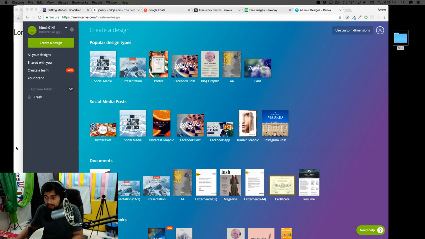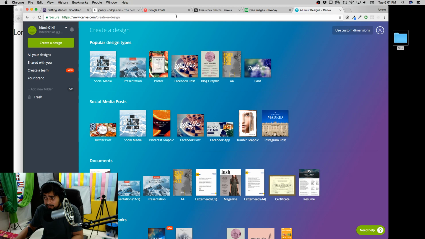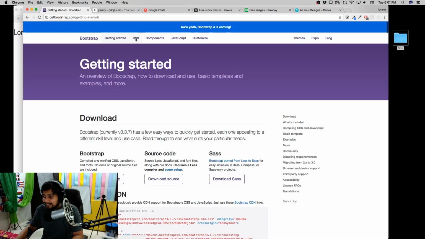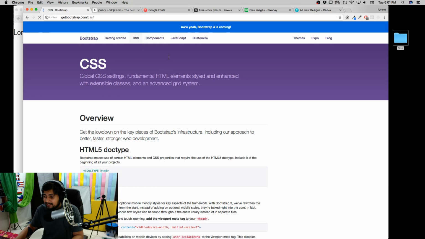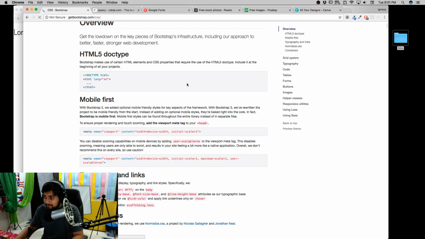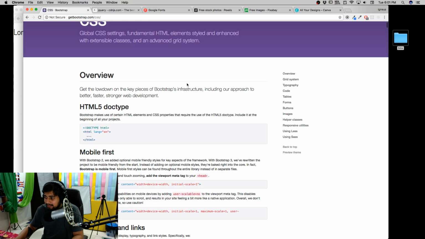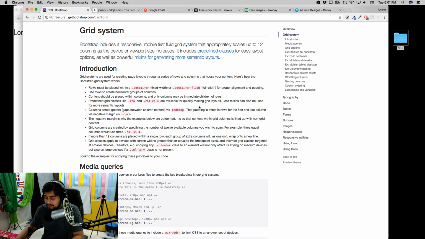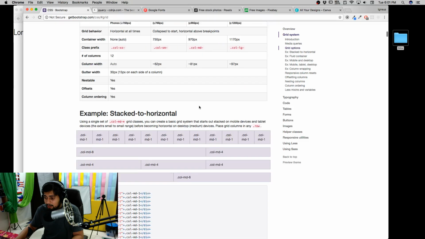Okay, and now it's time to use the Bootstrap. So we have set up our things, like our font is done, our images are done. Now let's go ahead and use the Bootstrap. Let's go into the CSS, and everything we are gonna do is gonna be in here. And the first thing that we need, I hope everybody is aware of the grid system that the Bootstrap is. In case you're not, let me quickly walk you through what the grid system is.